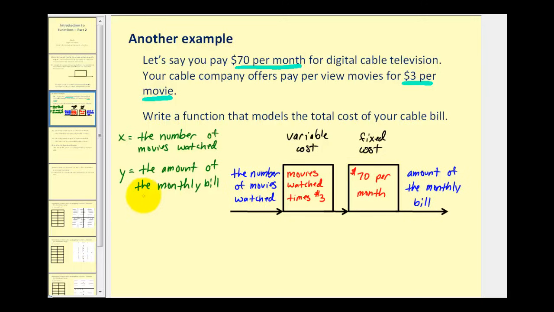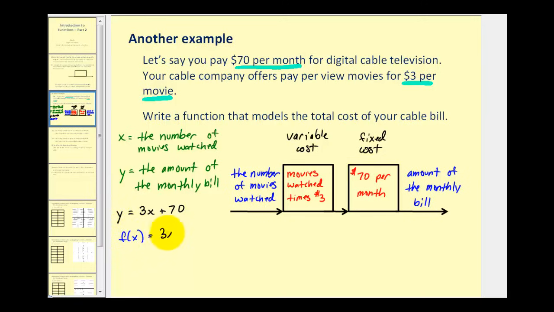So to write an equation for this situation in terms of x and y, we can say y, the monthly bill, is equal to 3 times the number of movies watched, which would be 3x, plus the fixed cost of $70. But because we know this represents a function, using function notation, we can say instead of y, we can say f of x